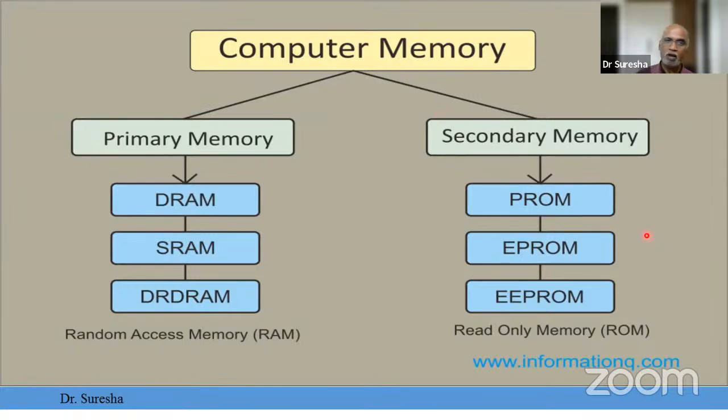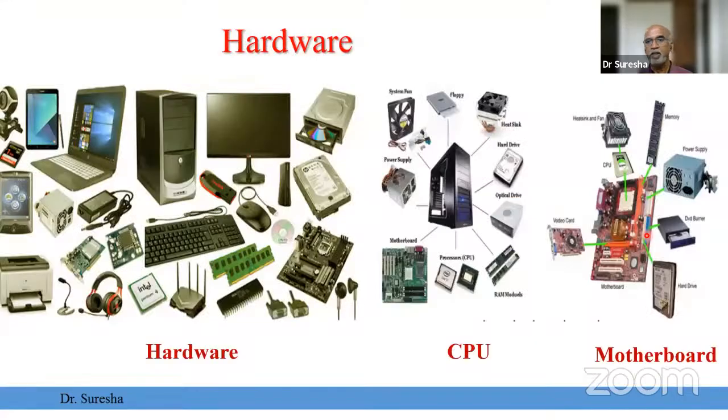The cost of the mobile all depends on how much memory it is having. If you are having more memory, the speed of the operation will increase. That's how it's directly related. If you want less speed, you can go for less memory. If you want more speed, you have to go for higher memory. The logic is very simple. So for the complete system, part-wise, you can see hardware, CPU, motherboard.